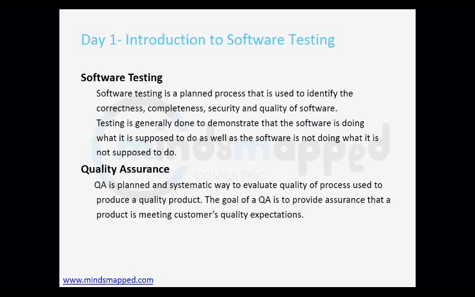Pooja, this is Rani. Yeah. So you mean to say that software testing and quality assurance are two different things? Yes, they are two different things. Because in testing we will actually be executing the test cases and finding the bugs. But in quality assurance we need to follow a process. Before entering a room we need to make sure that we have worn our slippers. Example I'm just giving.